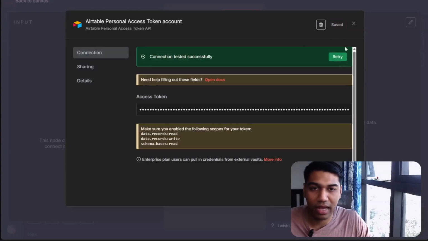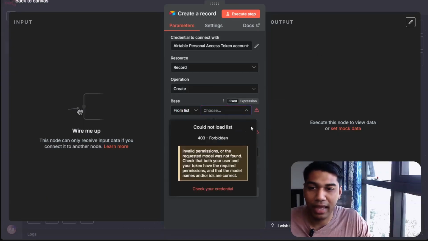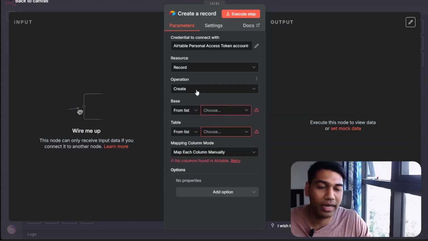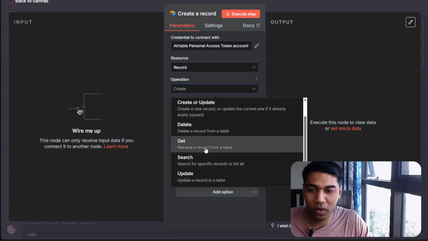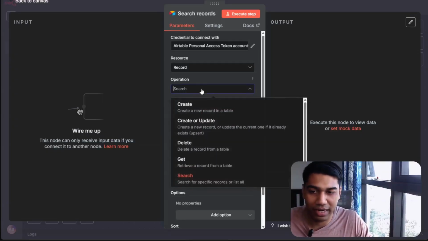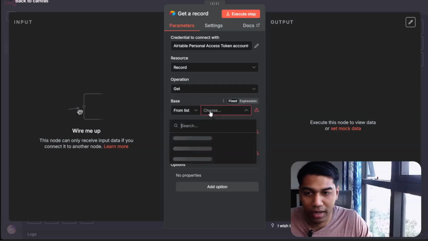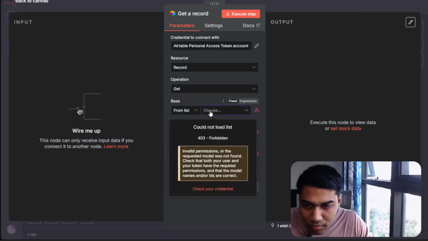And I can save this. And now the one thing that you need to see is the connection is tested successfully. As soon as I select that particular token, it can only show me one base, but it does not allow me to create the option. You see, I am getting this 403 error. And the reason behind that is because we only have the option to read, which is like search or get a record. And now when I select get a record,